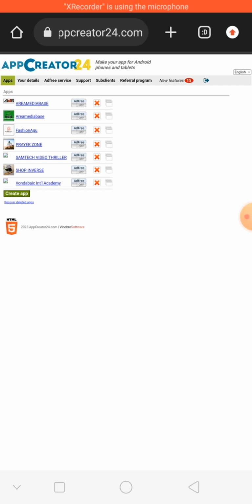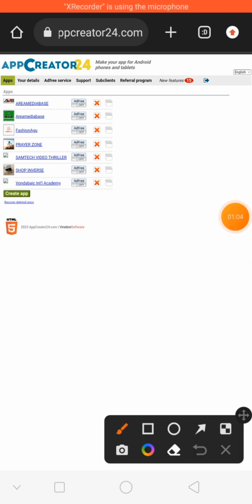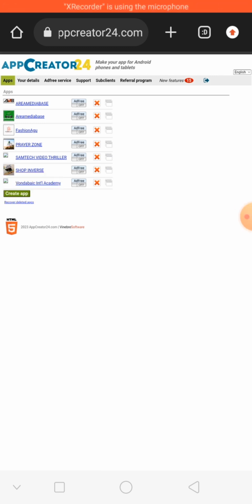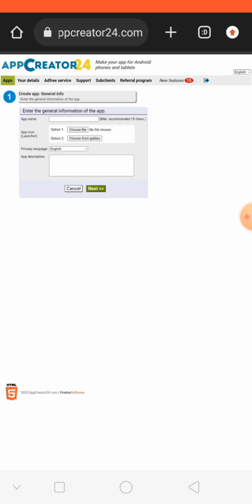Now let's create a wonderful app for this site called areamediabase.com.ng. So the next thing that you have to do when you must have signed in is to click on this create app here. When you click on create app, you now start by entering the name of the app that you want to create,